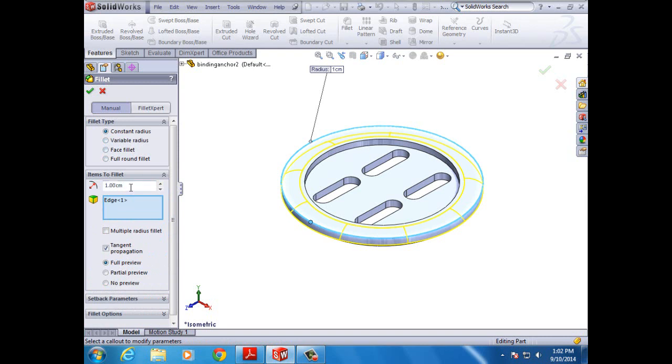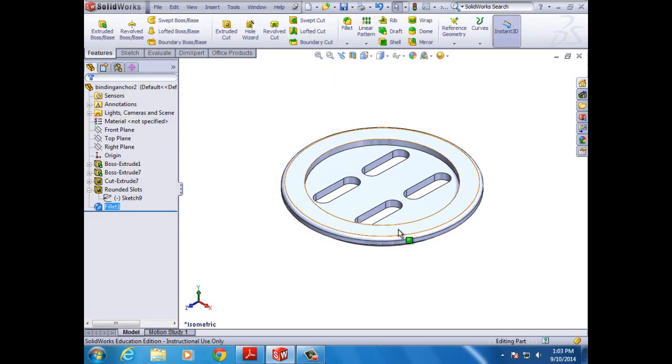And we want it to be 1.5 millimeters. And we want, this is no preview, we want full preview. And that'll show us what it is. And then we hit the check mark, and there it is. So that outer edge is